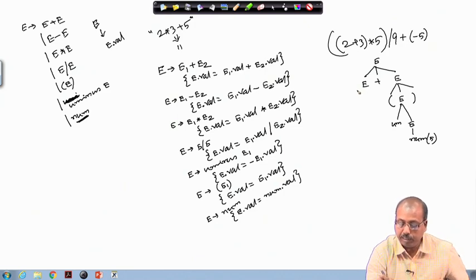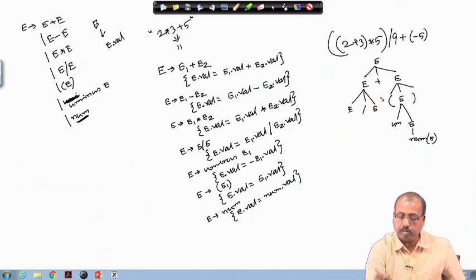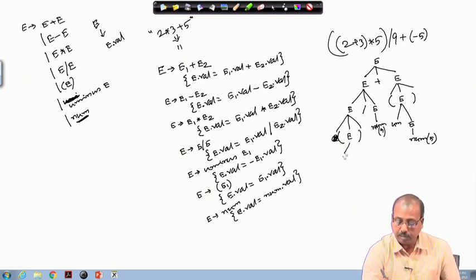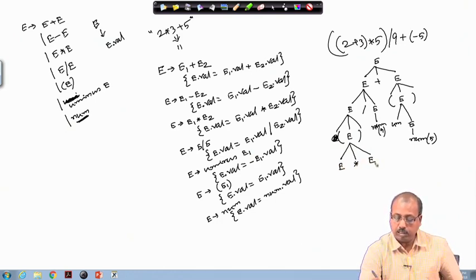Then this part will be giving me E slash E. This E gives me a number whose value is 9. Now, this E will be giving me within bracket E like that, and that will give me E star E. This E will give me a number which is equal to 5.